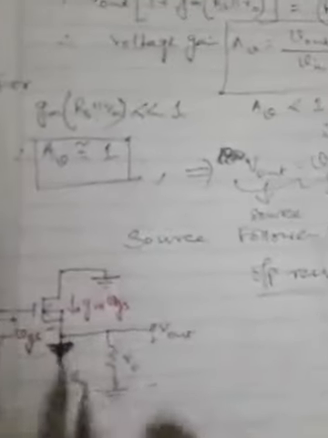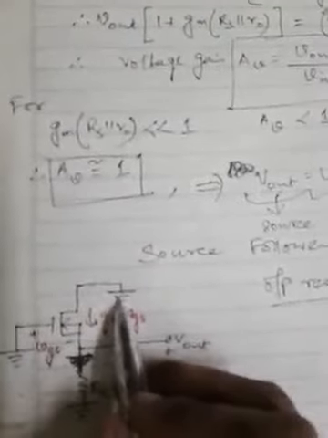So one thing before I derive the output resistance R out. In this case you can see, while we are using this circuit as the AC equivalent circuit for small signal analysis, the VDD is connected to ground. That means the DC sources are nullified. You have probably noted this part of the circuit. And the input Vin, which was also a DC value, is also directly connected to ground. So this is the AC equivalent circuit.